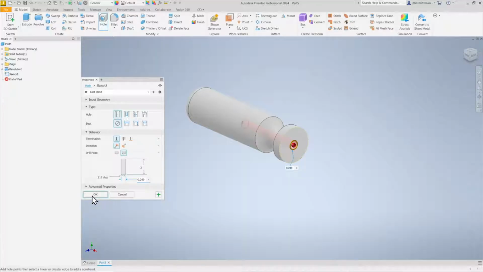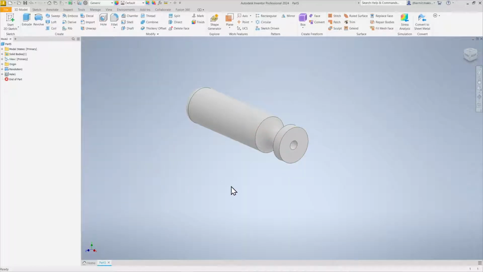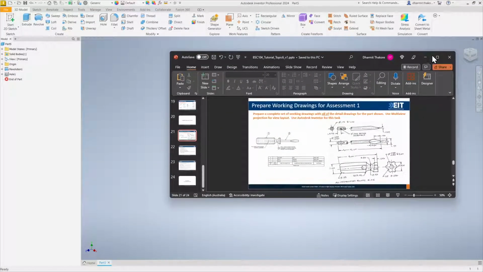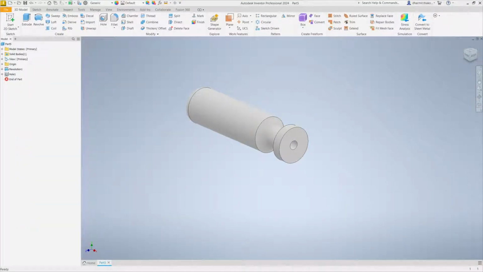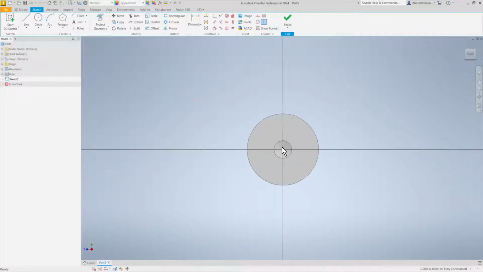I'll click on OK, and that hole has been created. The next thing we'll have to create is an extrusion, so that we can get that ripple effect here. So how do you create that extrusion? Well, select this, click on create a sketch,